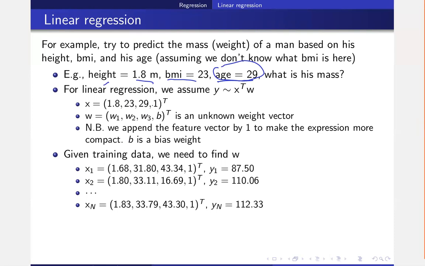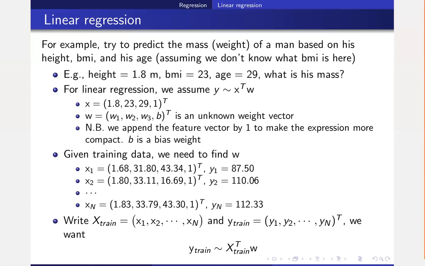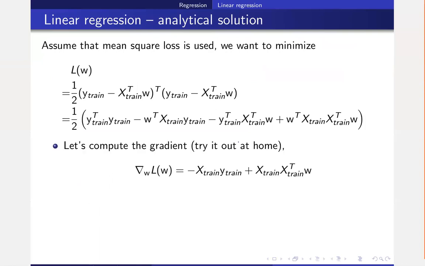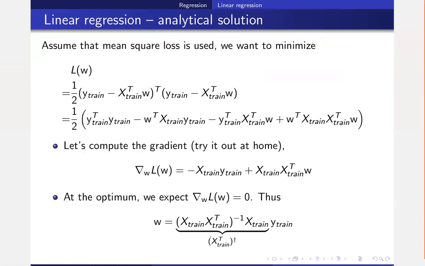So then I use this training data. Be careful, just as in the homework, because I want to absorb the bias, we always need to pad the features. The original features only have height, BMI and age, but I pad a one here, right? And I also extend my weight here with another argument, B. Then I generate some training data like this, and the weights there. Then we fit, and the weight here should be just equal to the pseudo inverse,